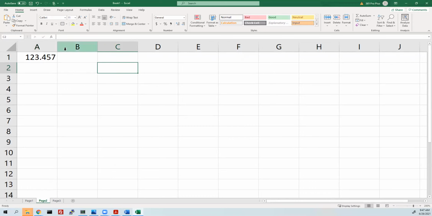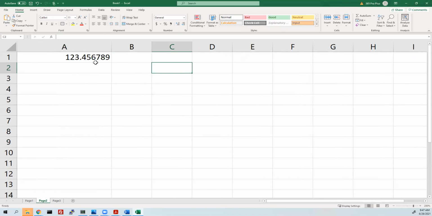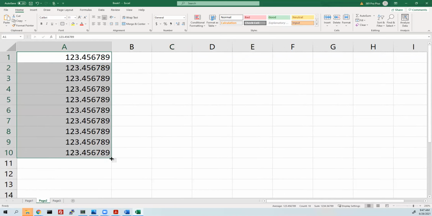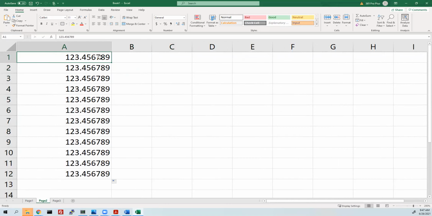Right, so this is the number that I'm going to have, and then I will copy it. Now, depending on the cell, you can change the format. You can format it as a dollar. If you just put it like this, it'll be a dollar, right? And if you go here, more accounting formats,